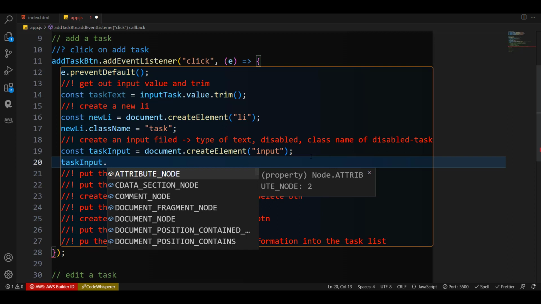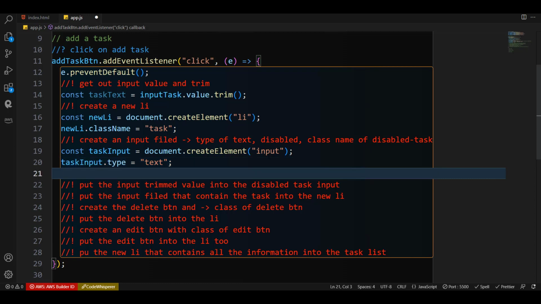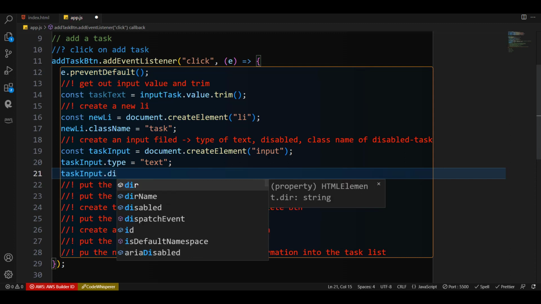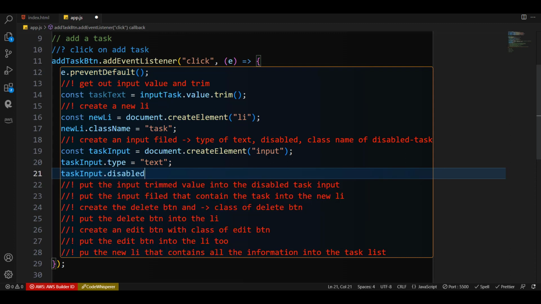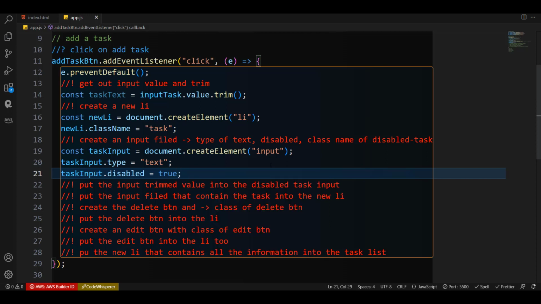Dot type, right? What type? The type should be what? Text. Can you see? And we are going to make sure it is disabled. So we can still say task input dot disabled, and it should be what? It should be true. So it's going to be disabled. We can't be able to edit it. So now we have our input field,